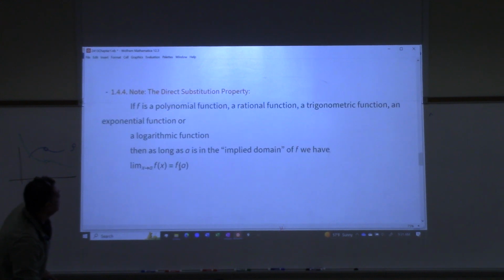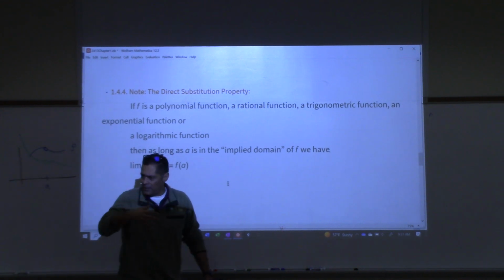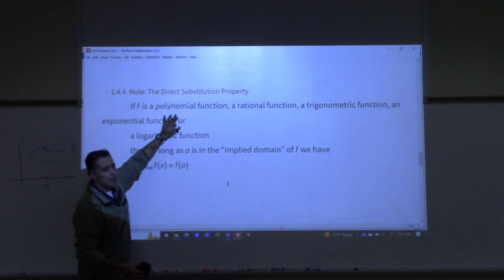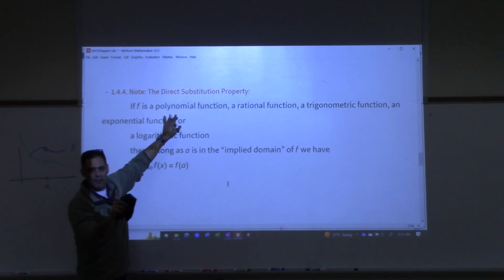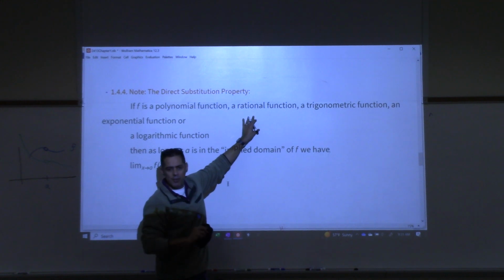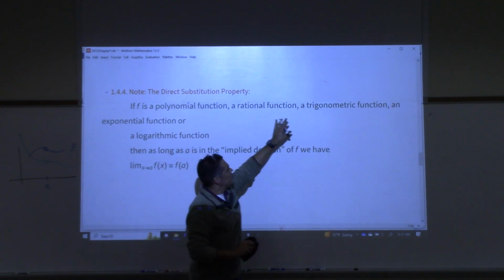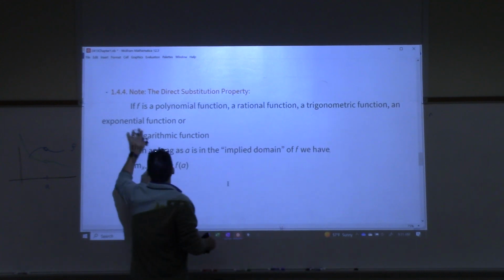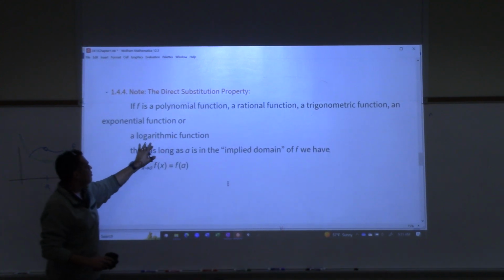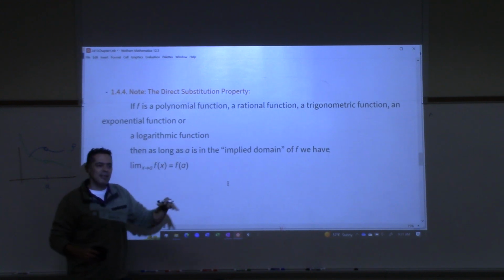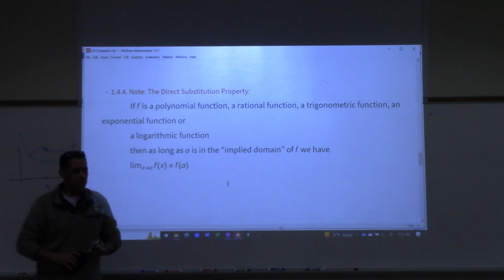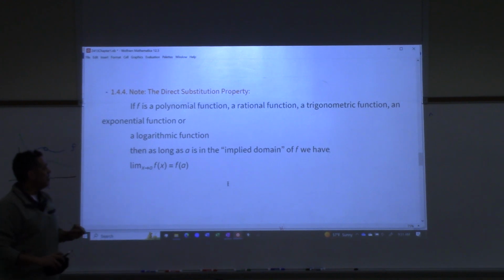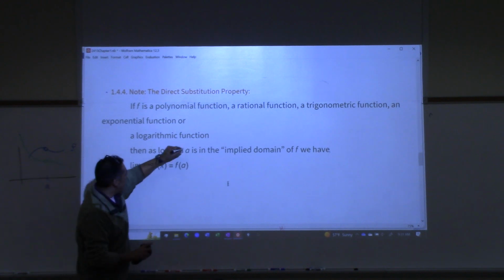So here's what the property says. If the function that we're trying to find the limit for is a polynomial function, which is college algebra, right? Rational functions, college algebra. You studied rational functions, right? Trigonometric functions, pre-cal. You studied trig functions, sine, cosine, tangent, cotangent, secant, all those functions. An exponential function, college algebra. Logarithmic function, college algebra, right? Basically this is saying all the functions you've studied up to this point, if that's what we're looking at, then as long as the a